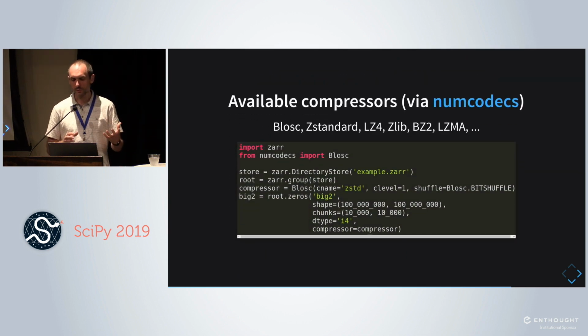So actually, all of the compressors that are available in Zarr have been factored out into a separate package. We have a separate package called numcodecs that provisions a bunch of different compressors that you can use with Zarr. There's support for Blosc, Zstandard, LZ4, as well as the stuff that's in the standard library. And the way you use that is you import some compressor from numcodecs, and then you just instantiate